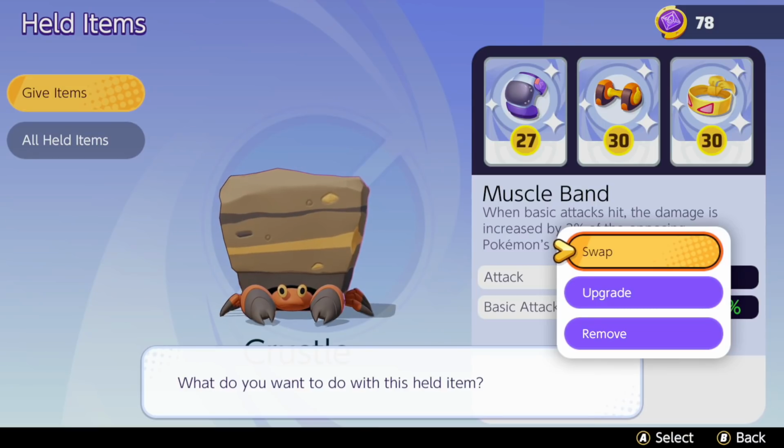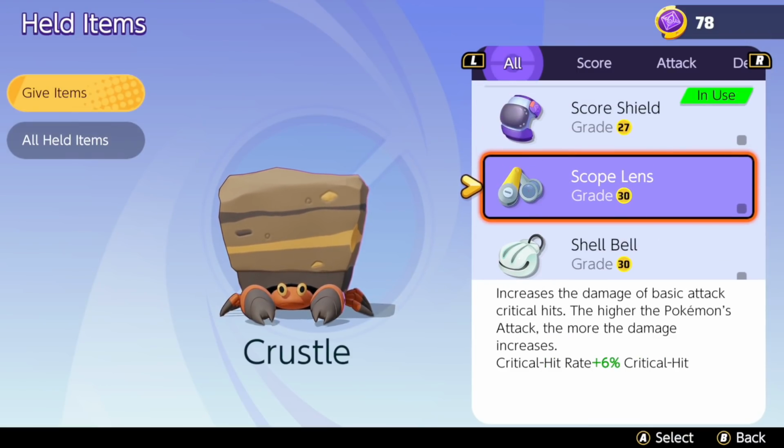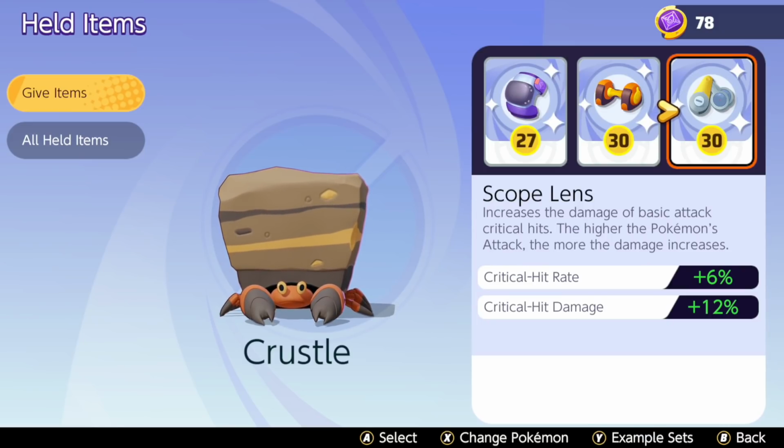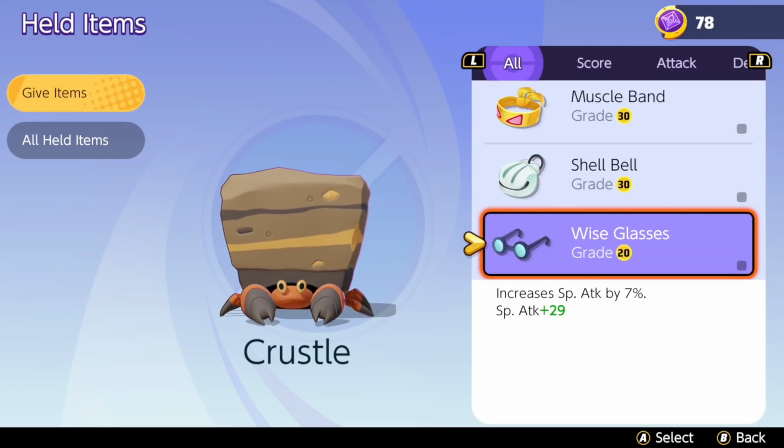Don't get me wrong, I do like the Muscle Band quite a bit, but there's something about the Buddy Barrier that I absolutely love. Another good one you could use would be the Scope Lens, which increases the damage of basic attack and critical hits. When you have this equipped at level 30, you get a critical hit rate increase of 6% and a critical hit damage increase of 12%, and this can really up your damage,